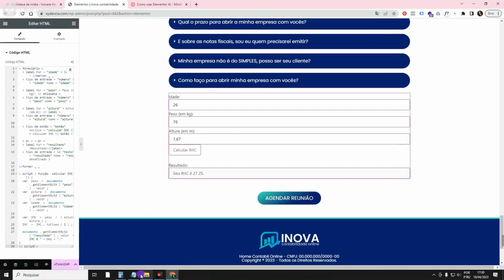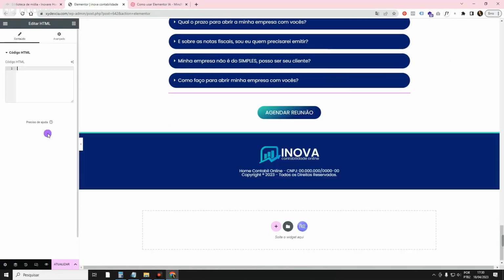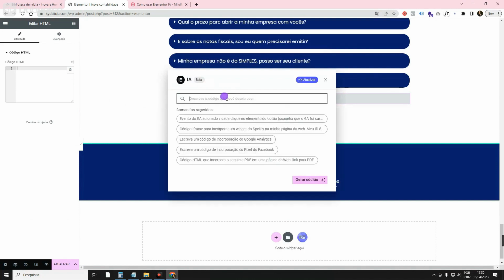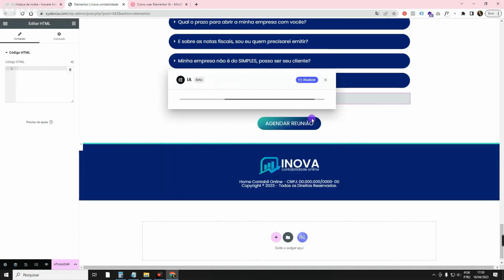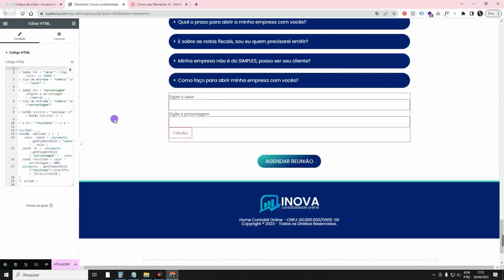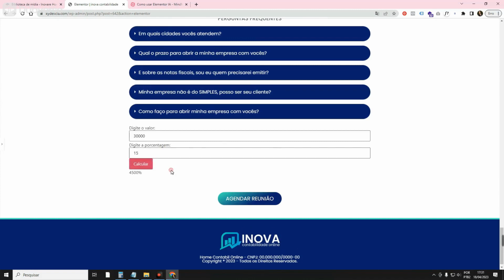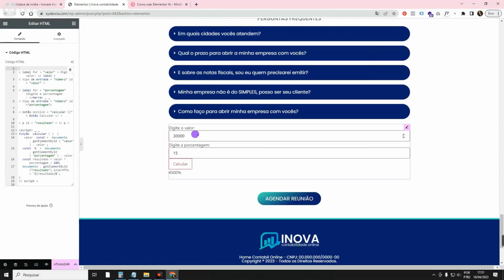I asked for this one here, which is for it to generate a percentage calculator with the fields of value and value to calculate for us to do. And it also brought me, let me see if it will want to do it now. It's good to change the commands. So you ask, generate a CSS code to make a calculator, generate a calculator that does this. Change the words the way you write, which sometimes it works. See, now it brought it. I'll insert it, look how cool. See, I'll put, for example, 30,000. And calculate 15% of it. 4,500. It already brings us the calculator.